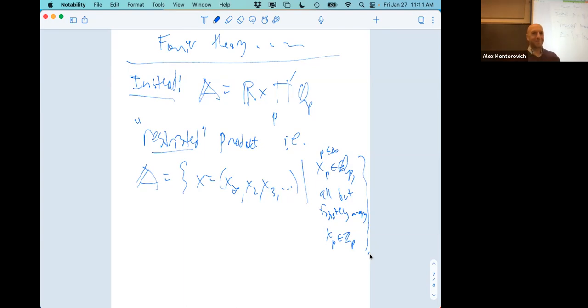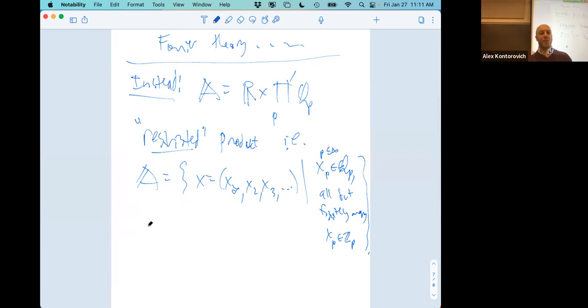We did this so we can have a meaningful notion of integration here. We'll get all kinds of great benefits from restricting the product. This is a locally compact space. We're going to have a Haar measure. We're going to be able to do Fourier analysis. We're going to be able to do great things. It also arises as a natural inverse limit, very natural.